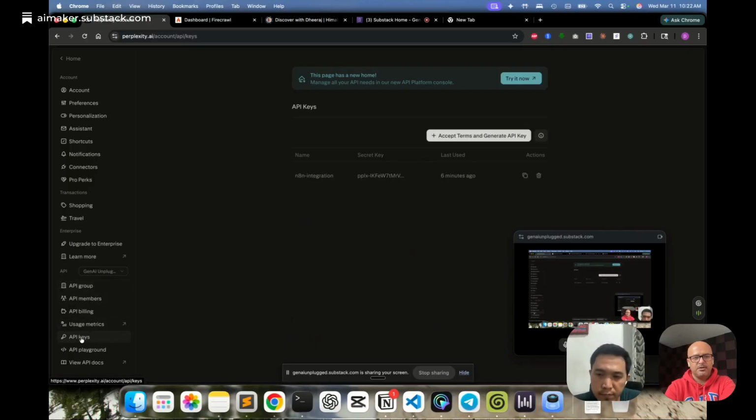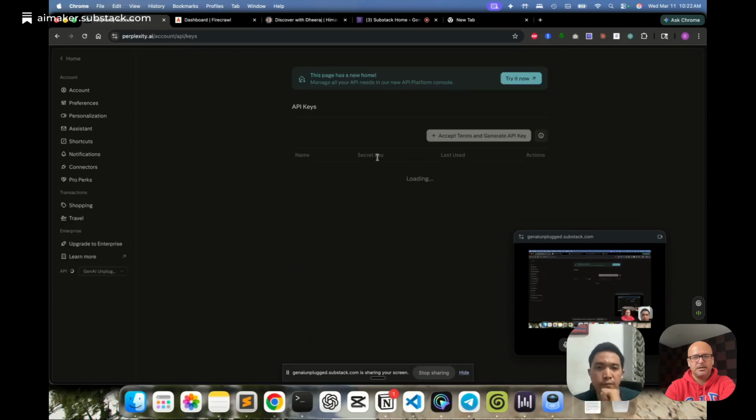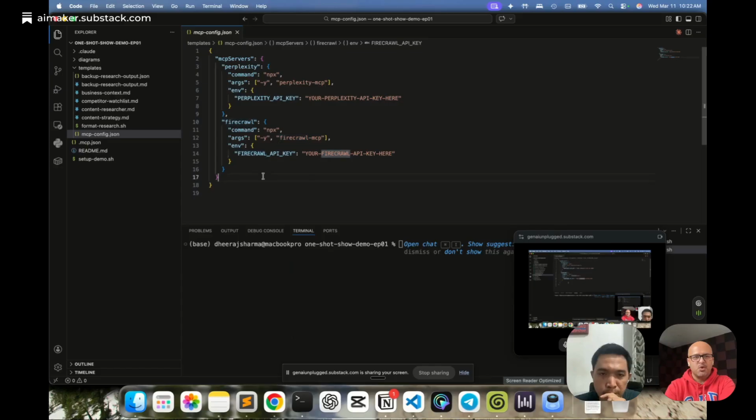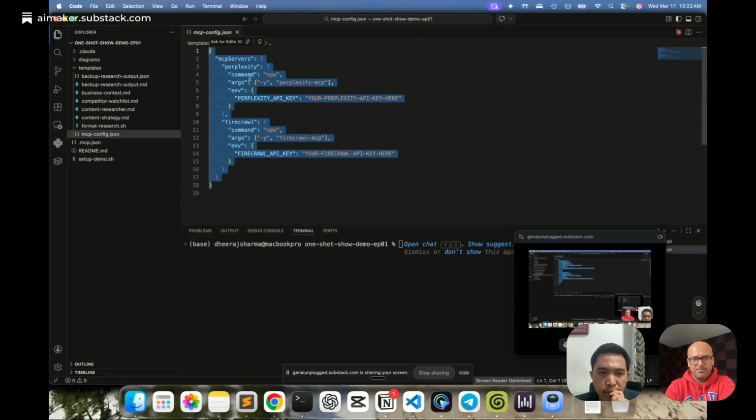After creating the group, you need to click on API keys. You need to create a new key, and then you can click on this copy button to copy the key, and then you can come back and paste it. Once you have these two keys available and you paste them over here, you create this file and drop it in your root directory. That's the first thing that you have to do, and our layer one from the diagram is now up and running.